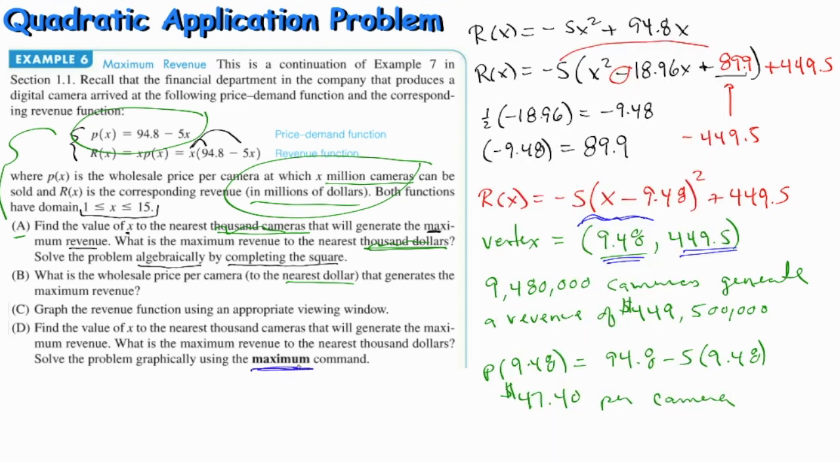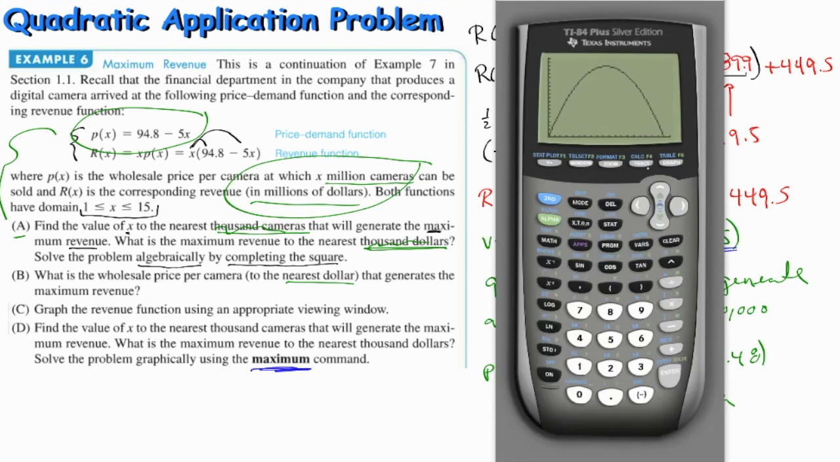Part D says find the value of x to the nearest thousands, and they want us to use the maximum command. So we're going to go to see where it says calc in blue. That means hit shift, calc, maximum 4. Put your cursor on the left side because it's asking for left bound. Hit enter, and then bring your cursor to the right side of the maximum. Hit enter, and then just place it anywhere in between and hit guess. It tells us 9.48 and